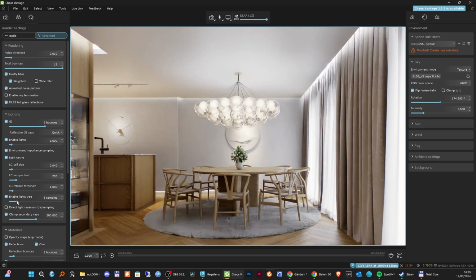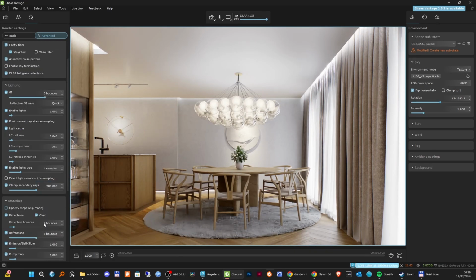The next thing is the lights tree, because we have so many interior lights. I'm just gonna add a little bit more of a lights tree, 3, 4, depends on you. Depends on how many lights you have in the scene, and especially in this scene. And then